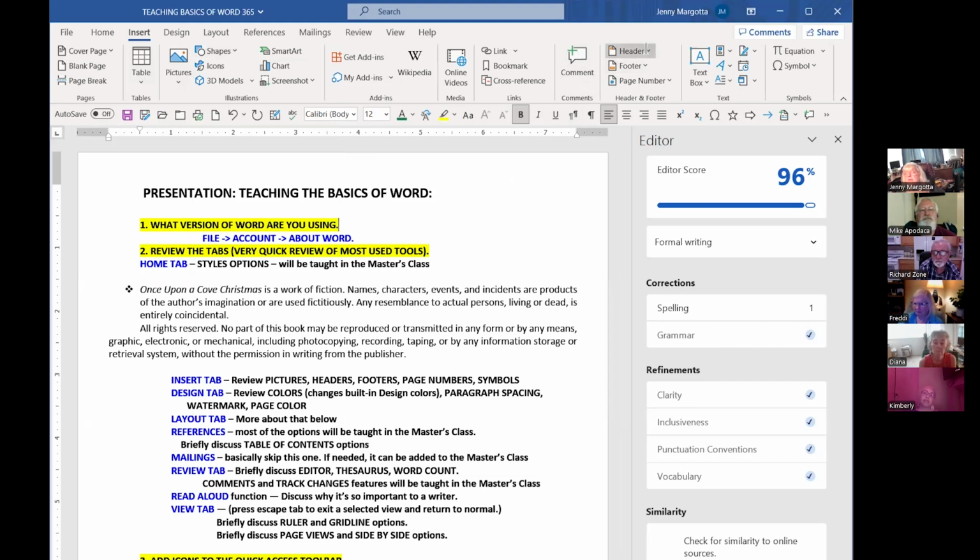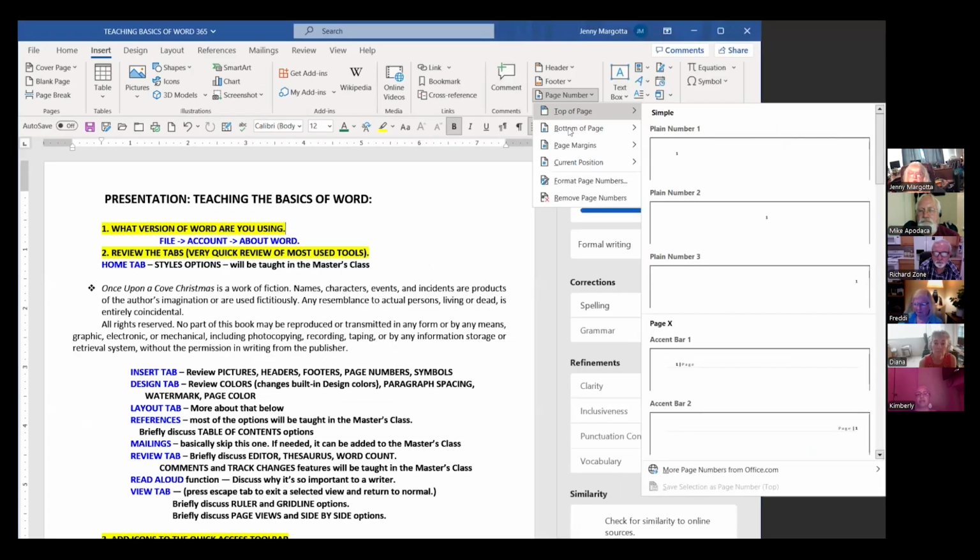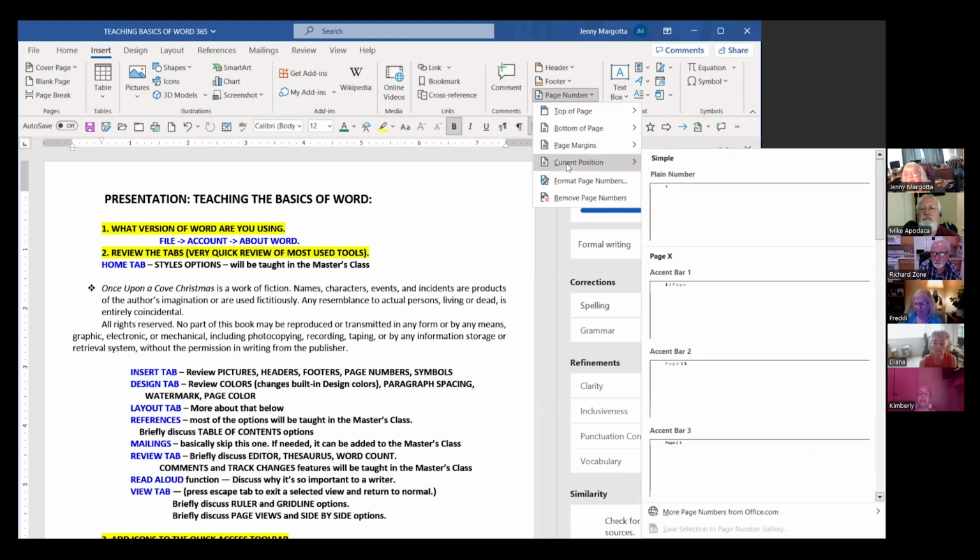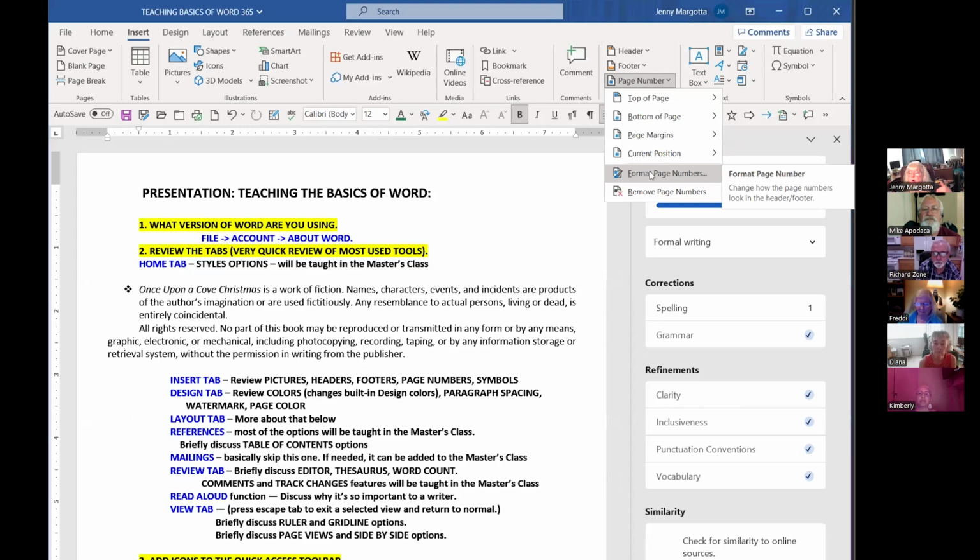I'll show you, but the headers, of course, is the stuff that goes at the top in the margin. Footers is stuff that goes in the bottom. The page number is important because it allows you to tell where you want the page number to be. And it's usually either at the top or at the bottom. Very, very seldom in standard publishing that you would ever put it on the side. But then you do the format page numbers and you get to tell it where you want it to start. If you want it to start at 1, you want it to start at 10, for whatever reason, those kinds